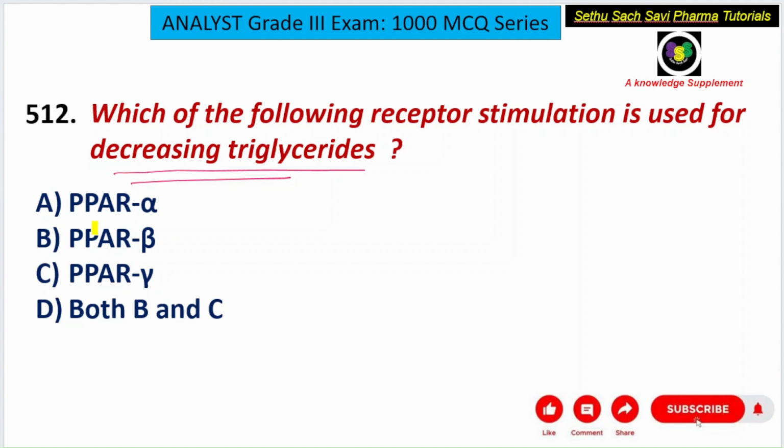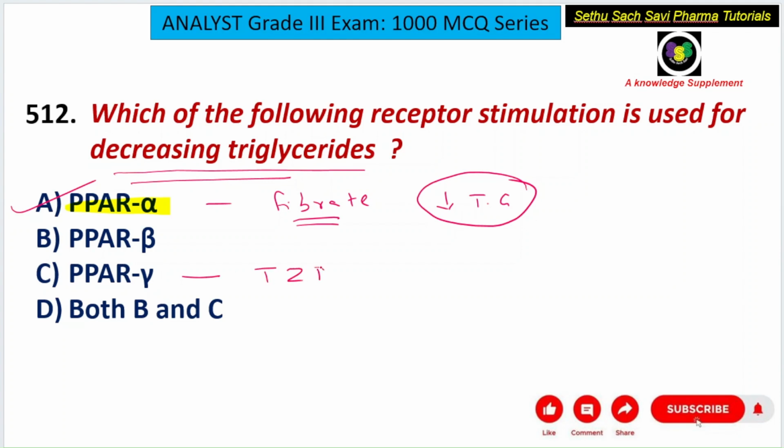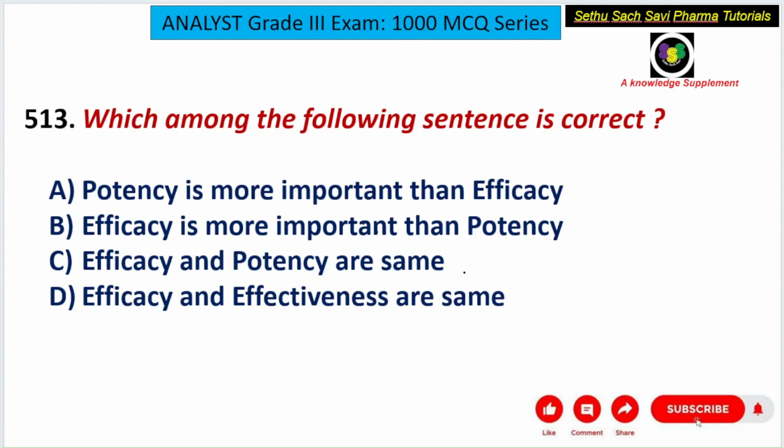So we have already told, PPAR alpha. PPAR alpha drugs are basically fibrate drugs. And remember, fibrate drugs have the ability to decrease the triglyceride level to the maximum. Okay, remember the triglyceride level is decreased to maximum by fibrate kind of drugs. Where PPAR gamma, the examples are thiazolidinediones, glitazone drugs.